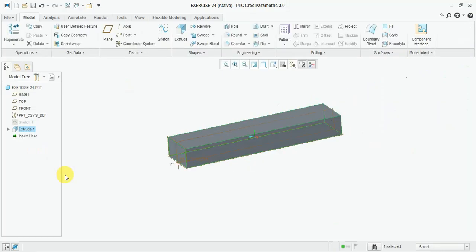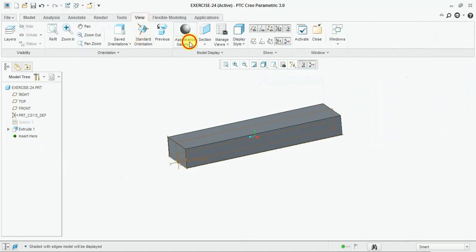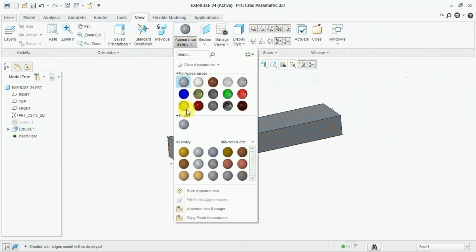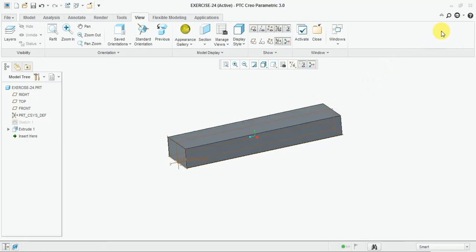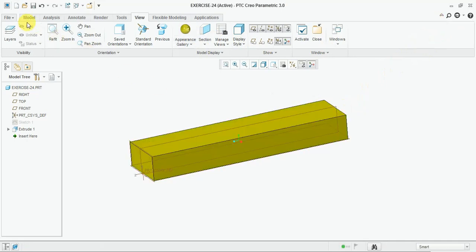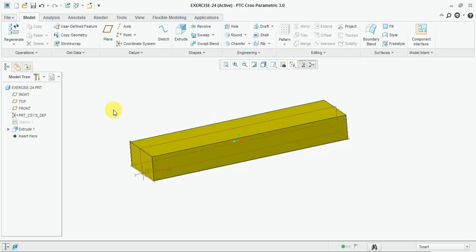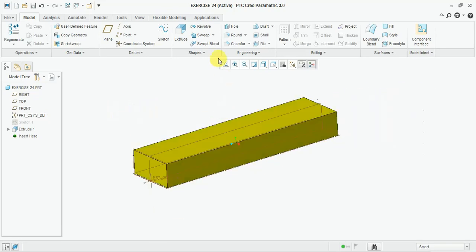Okay, now change the view. Now make the chamfer. Select chamfer.